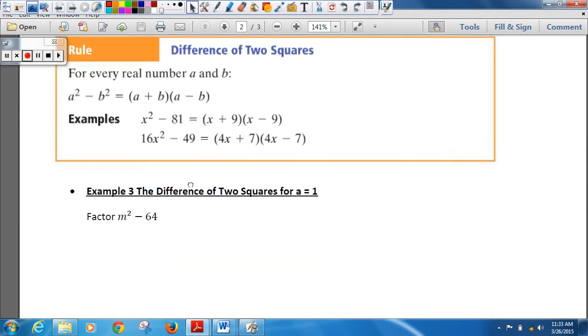Now this, instead of being both positive signs, is going to be a negative sign between them, and there's only two terms. So we have a squared minus b squared. If you have two terms, a squared minus b squared, so a and b are both perfect squares, then it will give you the following: a plus b times a minus b. So if I look at this first one, a is 1, b is 64. So that'd be 1 and 8. So that is correct. The difference of two perfect squares gives me the following: